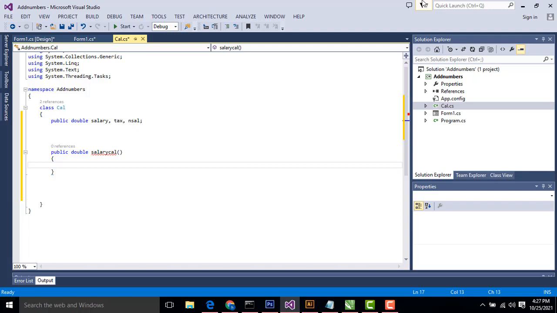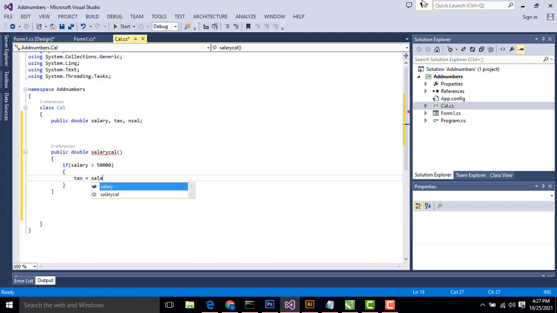When you calculate the employee salary, there should be a condition: if the employee salary is greater than 50,000, include 10% tax. If the employee salary is greater than 35,000, include 5% tax. Below 35,000, no tax is included. So you start with if salary greater than 50,000, include 10% tax: tax equals salary into 10%.